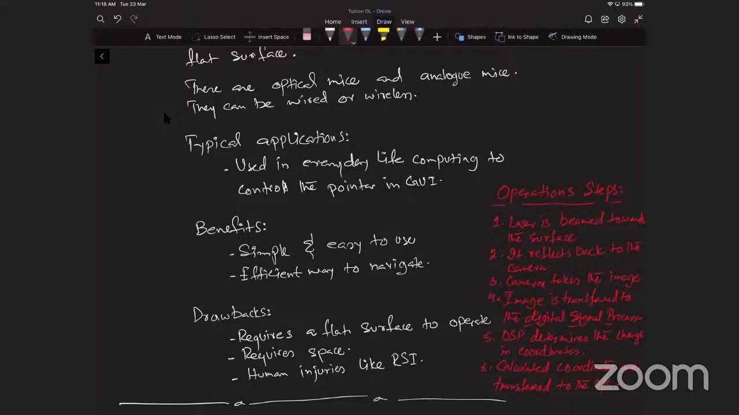So these are the steps. Operation steps. Mouse operation steps. Laser is beamed towards the surface. It reflects back to the camera. Camera takes the image. Image is transferred to the digital signal processor. DSP determines the change in coordinates. Calculated coordinates are transferred to the operating system, and then operating system